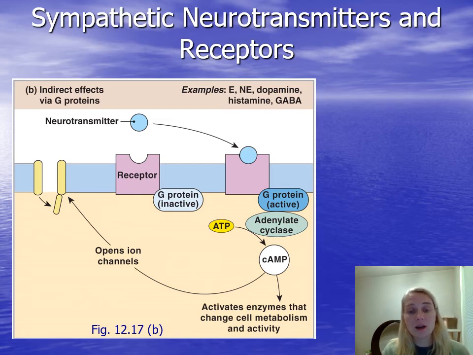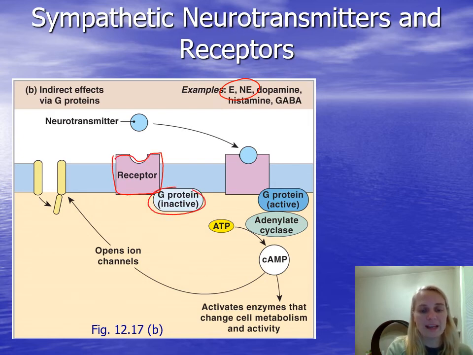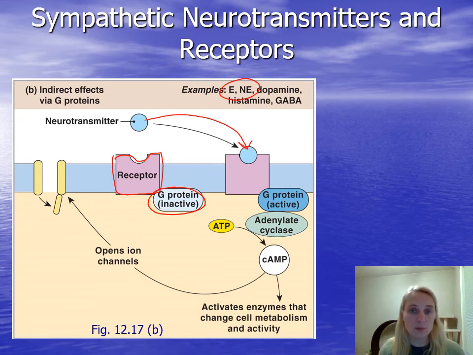This is a review of the G protein-linked receptors, and I put this up here for a reason: these are the types of receptors associated with your epinephrine and norepinephrine neurotransmitters that are released in the sympathetic division, okay? If you remember, in a G protein you have the receptor, the purple box, associated with an inactive G protein. When you get binding of your ligand, in this case the neurotransmitter epinephrine or norepinephrine, it binds,